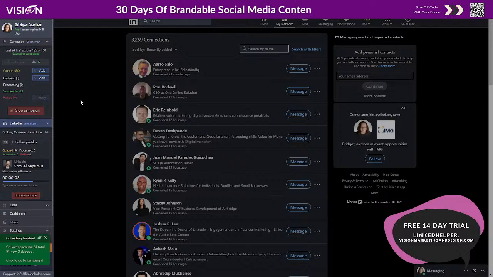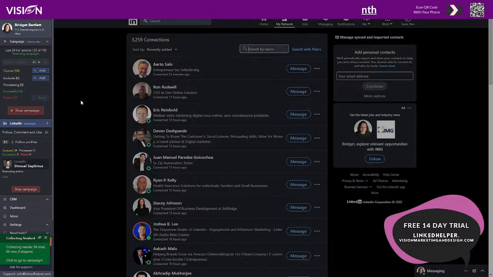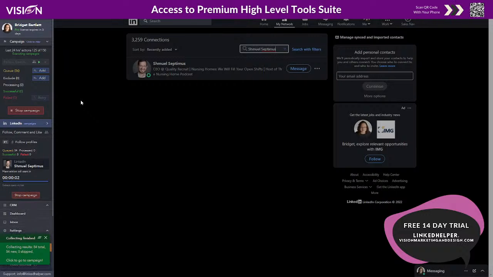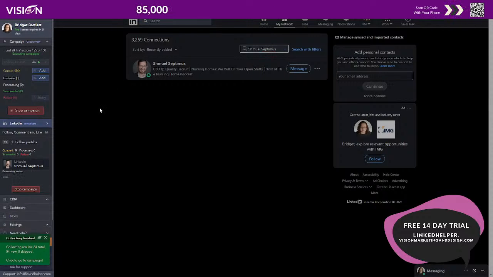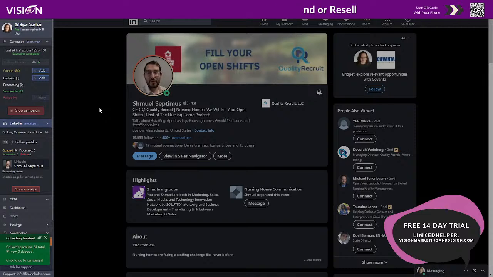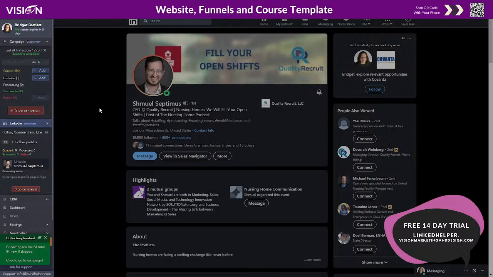Okay, so in 2, 1, 0. Now let's see. I think it's going, yep. So it just pasted in the person's name. So this is that person. The robot just looked for it. Now the robot, I'm not doing any of this, is going to the profile. So it's going to the next action. It's going to follow them.